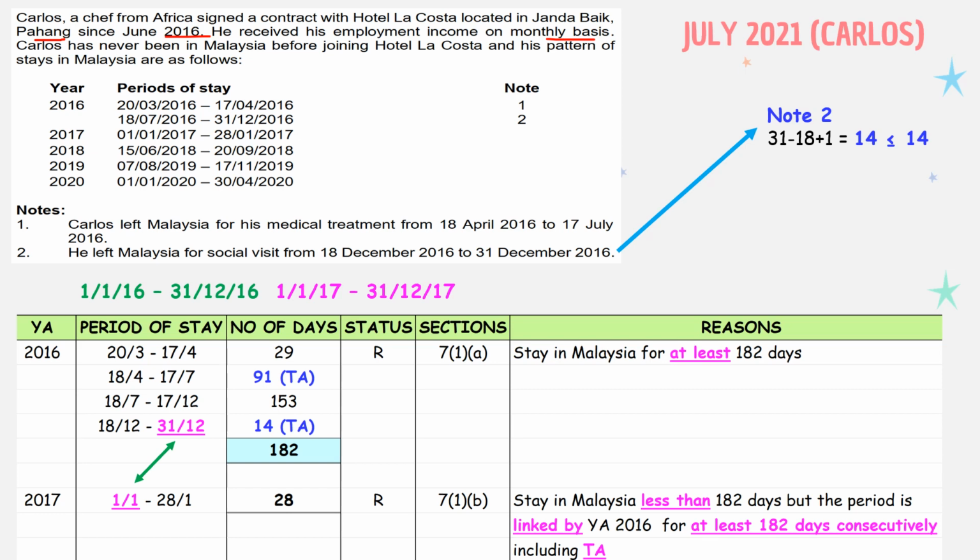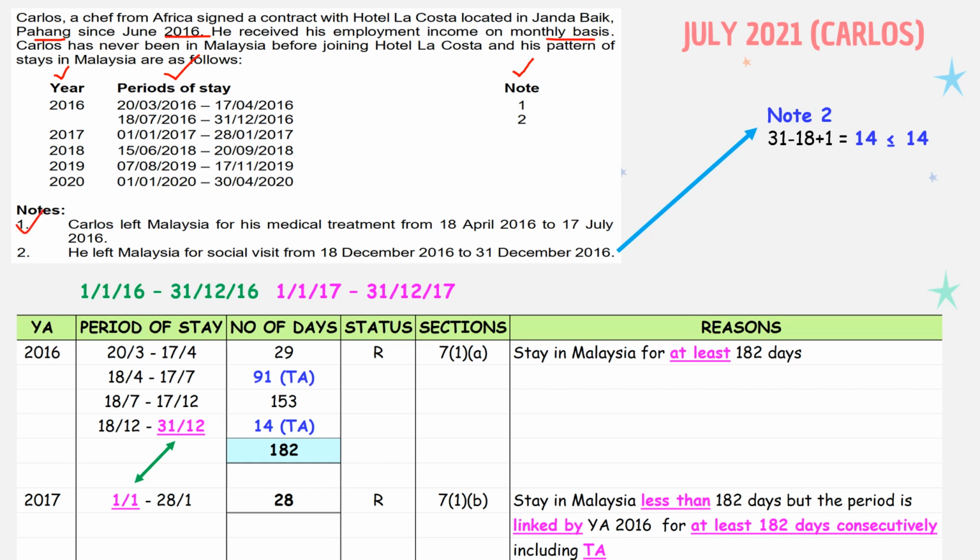So Carlos has never been in Malaysia before joining Hotel La Costa, and his pattern of stays in Malaysia are as follows. So what does it mean by this sentence, guys? Carlos has never been in Malaysia, meaning to say before June 2016, he had never been in Malaysia. This is what it means. Okay, so from the table given here, we have year, periods of stay, and then we have notes, isn't it? Okay, guys, let's read the notes. Okay, number 1,